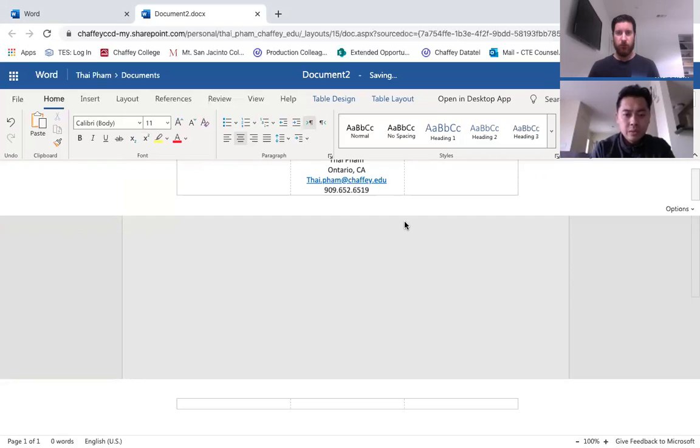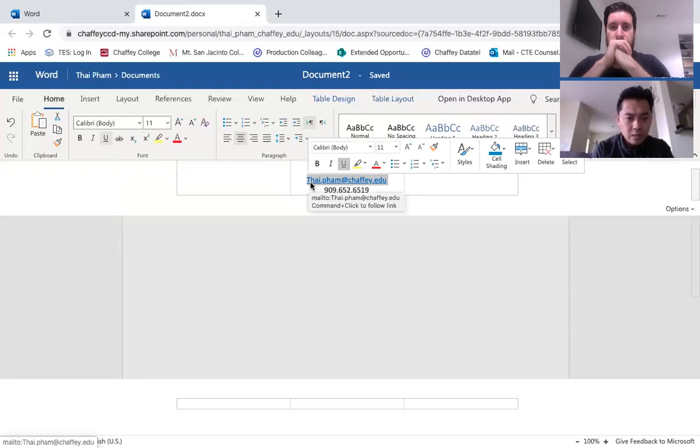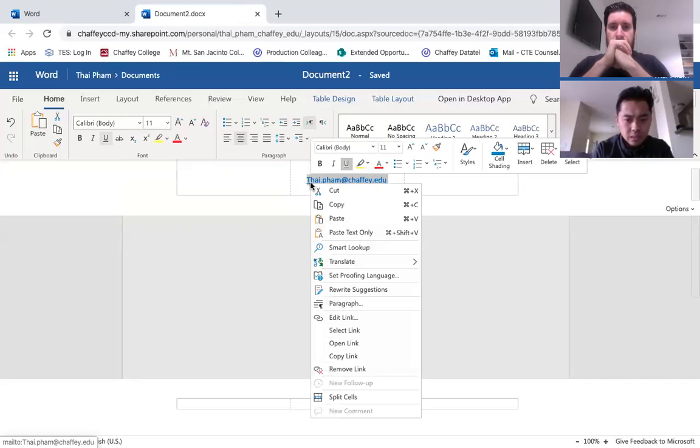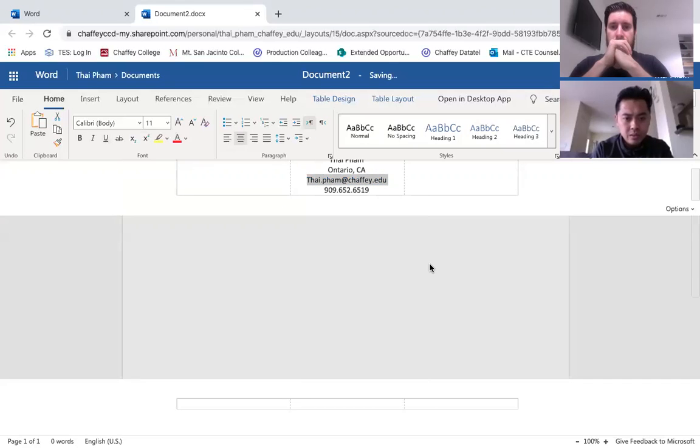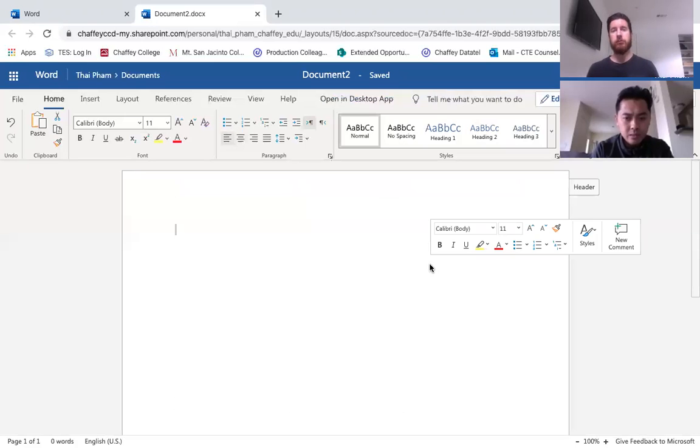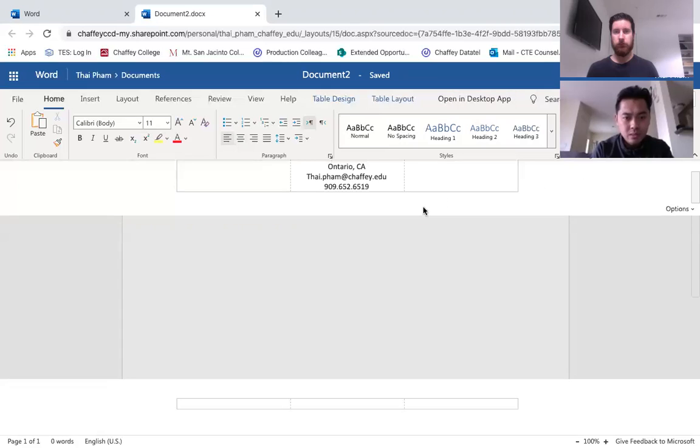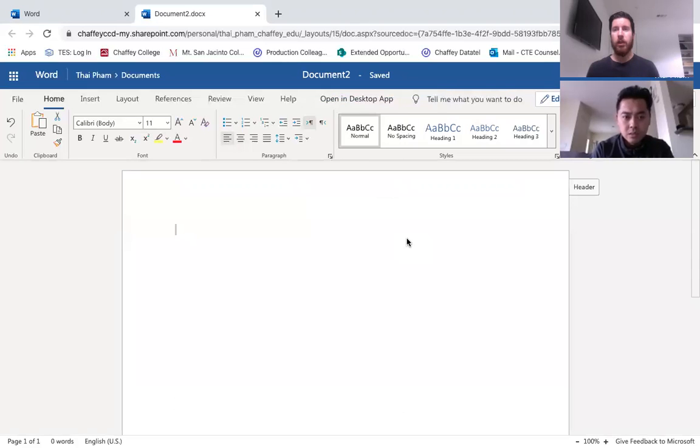Here. So in your resume, you don't want to include any links. As you can see here, once I put my email in, it hyperlinked it. What you can do to remove that is to highlight it, right click on your mouse, and then you can remove the link down here. Okay, so that will be your header. And I don't know where my header is. And there it is. So it'll show when you print it, but it's not going to show on the resume.